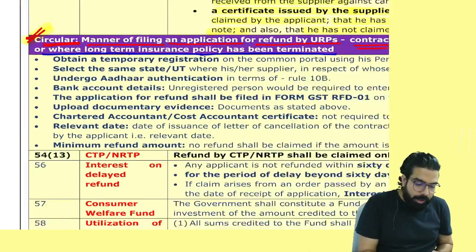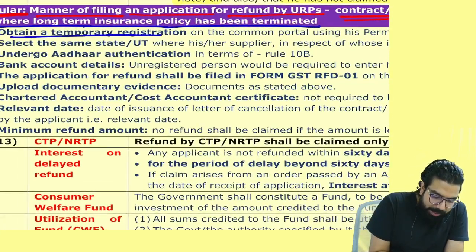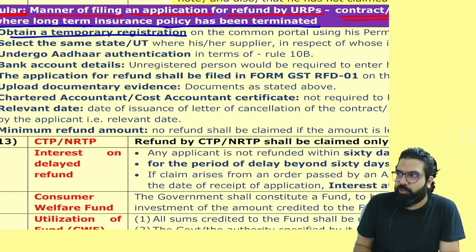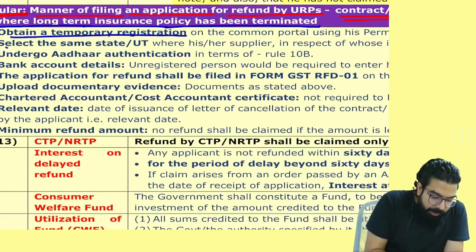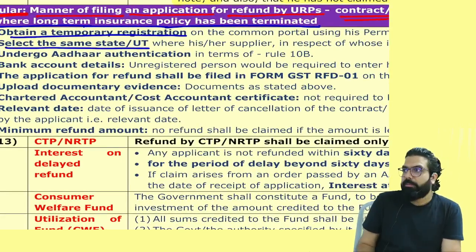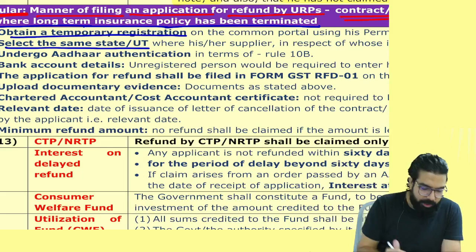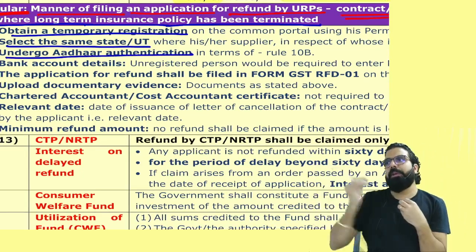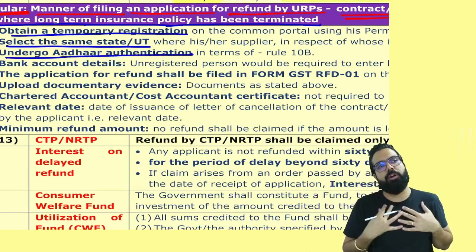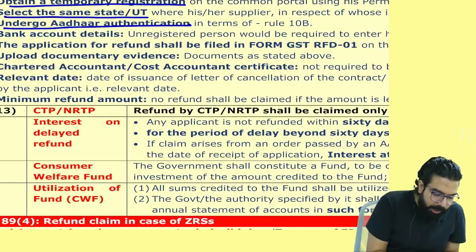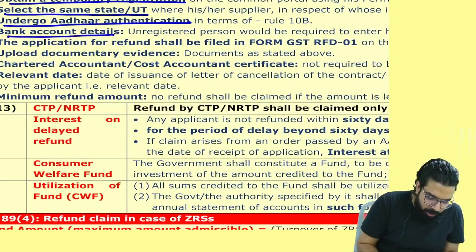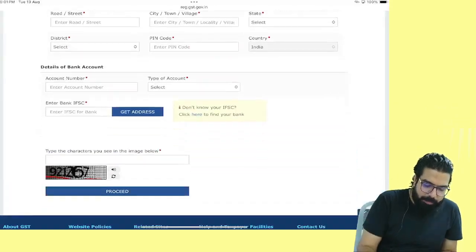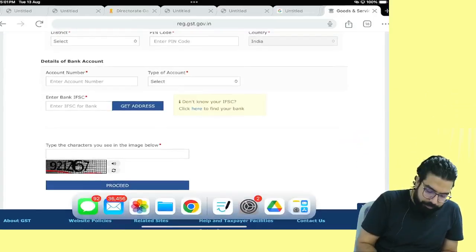Yes. It says, first you have to go online and obtain a temporary registration. Did I show you the temporary registration? Put the state or the UT where the supplier is registered. Then you have to undergo Aadhaar authentication. People, refund will be given by the government only if you have undergone Aadhaar authentication. Then you have to give your bank account details. Did I show you over here that you have to give your bank account details? Then